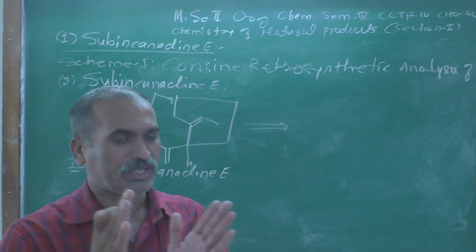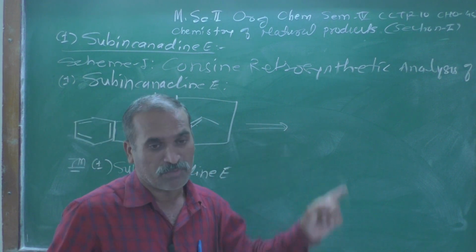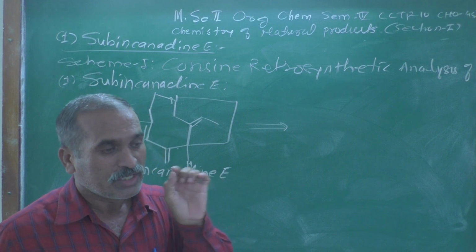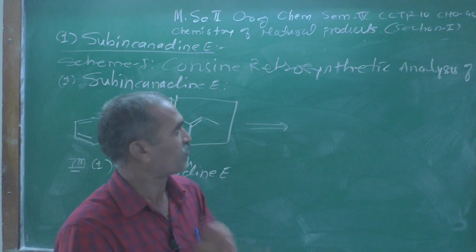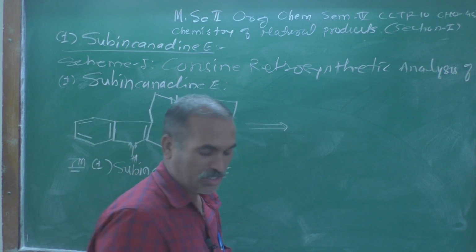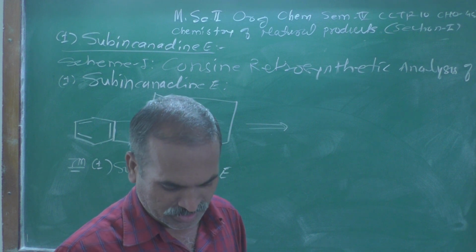This is the disconnection arrow, and the meaning of this symbol is 'could be made from'. Sometimes it is written with FGI